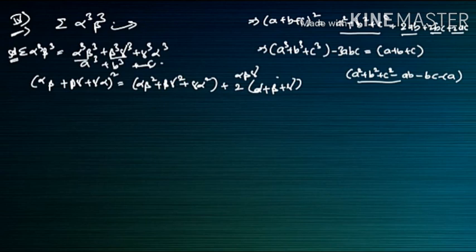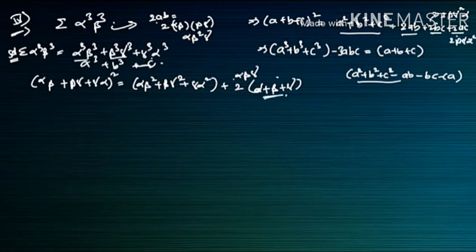So here I will do one example, like 2 into ab, so 2 into ab, where a is alpha beta into b is beta gamma, so it will become alpha beta square gamma will come. Like this it will also come in the other forms: 2 into bc, so it will become beta gamma square alpha will come, and in this also some different kind, 2 beta gamma alpha square will come. So alpha beta gamma is common there, so we'll take alpha beta gamma common outside, and we got this one.